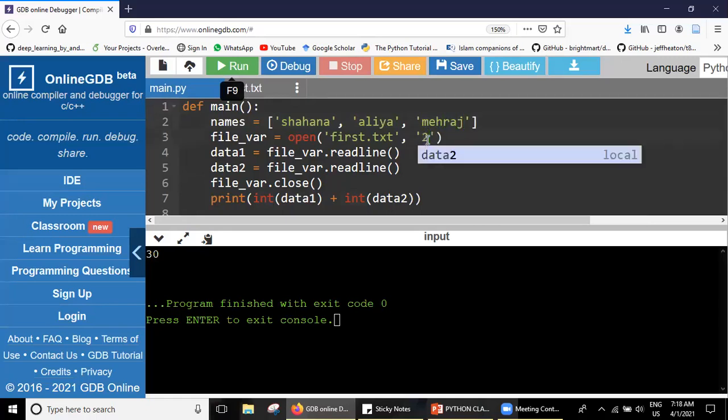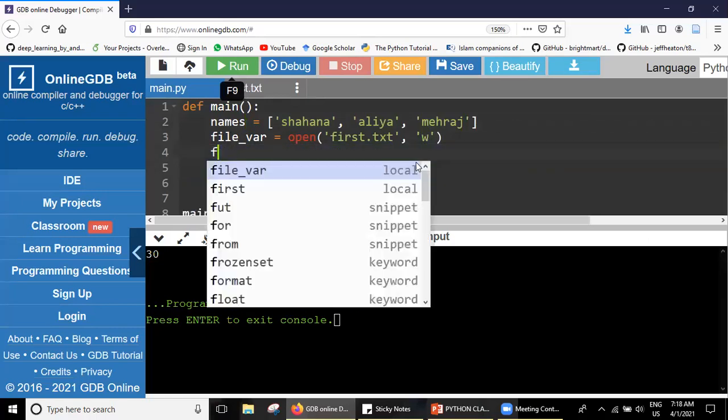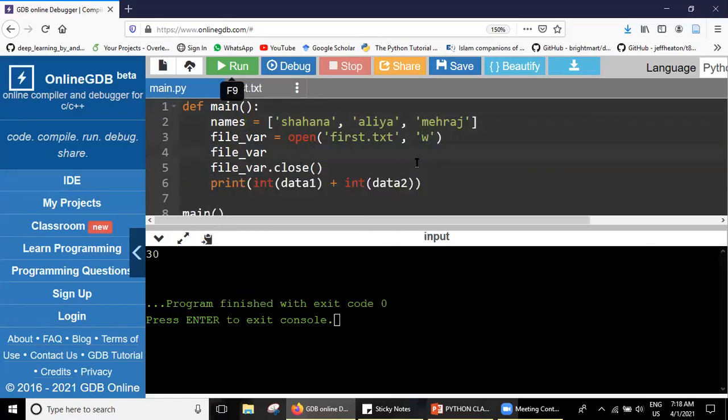I'll now change the mode of my file in this way, and now I access the file object again, and I try to write all the things in that list. Okay, but I cannot directly write it.